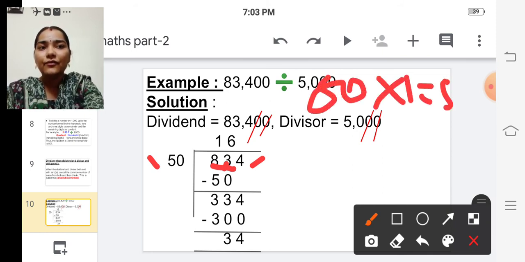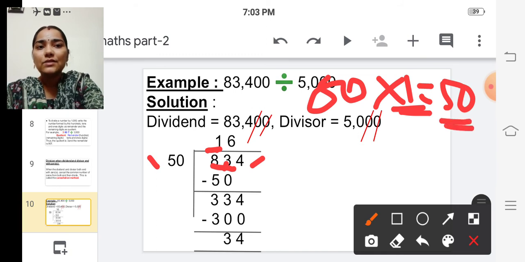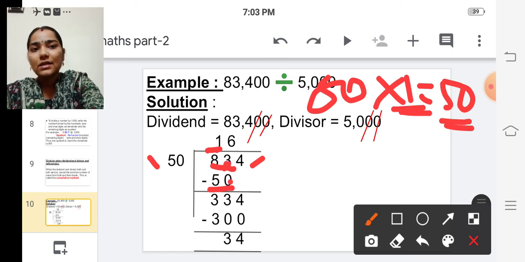51s are 50. So we have to write this one on the top, and write this 50 here. So we are going to subtract this 50 from 83. Okay, children? So 3 minus 0 is 3 and 8 minus 5 is 3. And we have to bring down this 4. So the number becomes